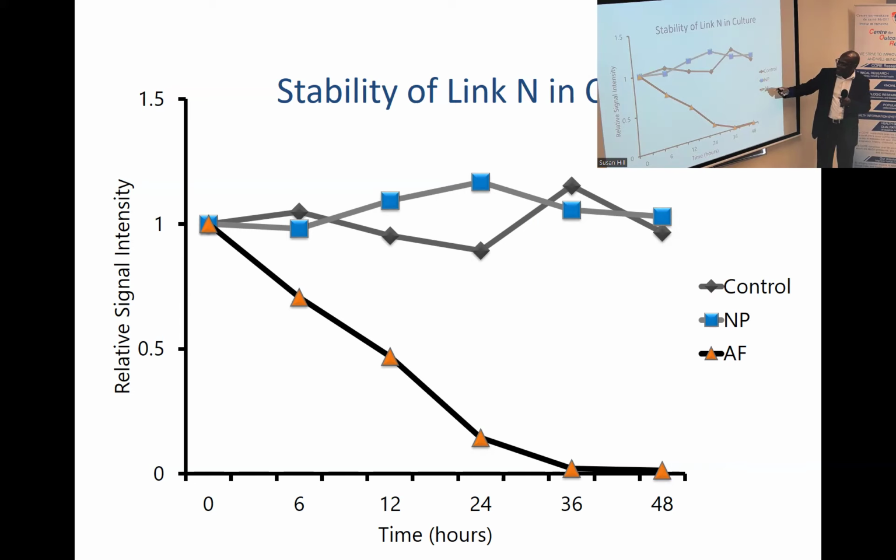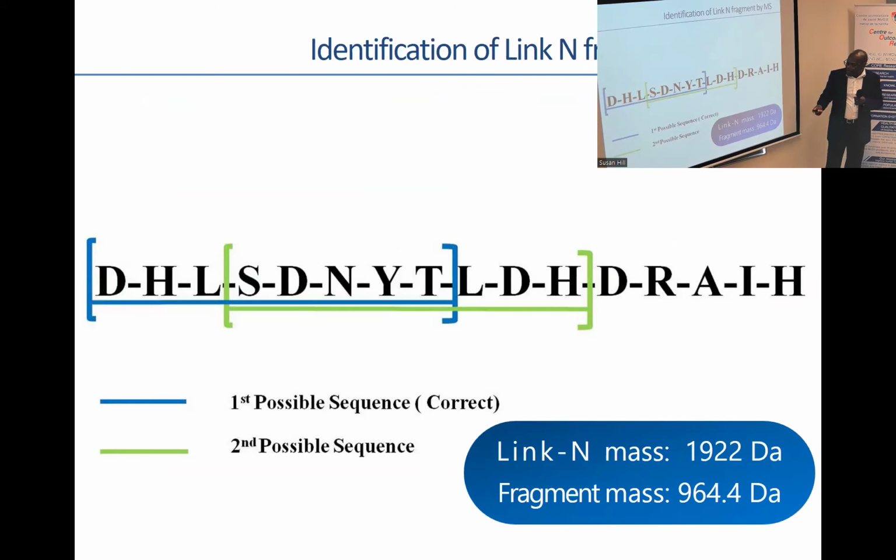So he found that Link N is stable when you expose it to nucleus pulposus cells. But if you expose it to annulus fibrosus cells, you lose the activity. Immediately you have lost the activity, and we said, what's going on? We are seeing the effect, but it's not stable. Immediately we tried to find out what's going on. It doesn't make much sense. So we found that there was a small peptide of this mass, 1922 Dalton, which was accumulating,